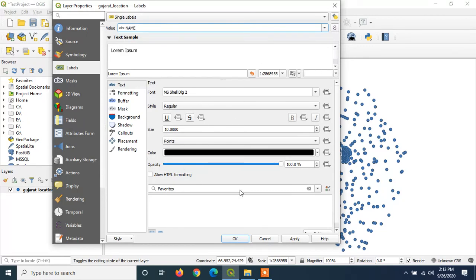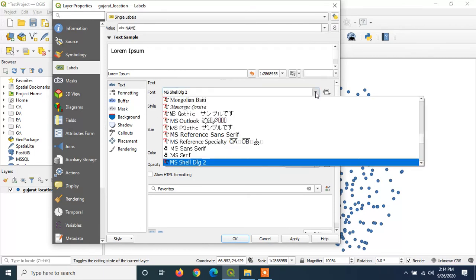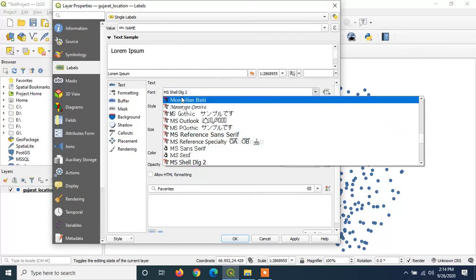You can again do formatting for this label. If you want to change the size of the label, then you can click here. As you increase or decrease, it will display a preview here. So as per the preview, you can select the size, and even the font type you can change.